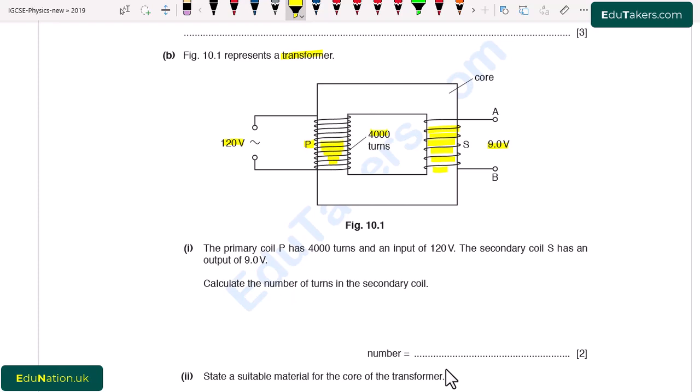Part 1. The primary coil P has 4000 turns and an input of 120 volts. The secondary coil has an output of 9.0 volts. Calculate the number of turns in the secondary coil. Here we have to calculate the number of turns in the secondary coil